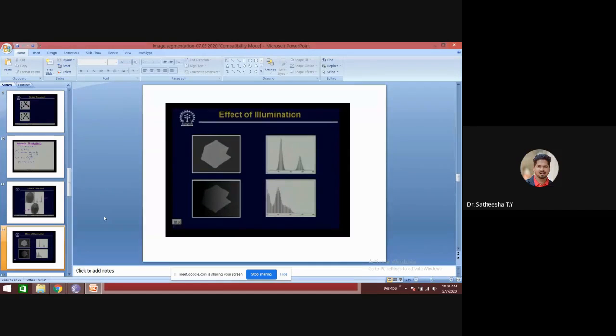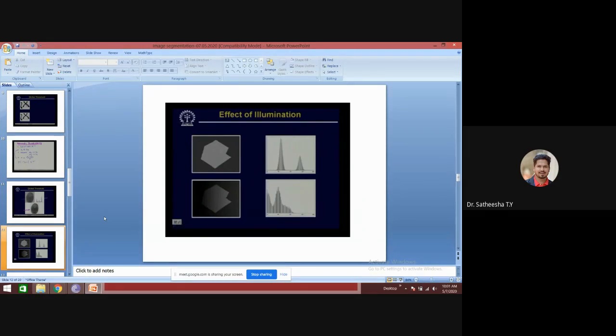Let us take one particular example. On the top, we have an image, and you can easily find out what this image is. I plot the histogram, and the histogram will be as shown on the right hand side. This histogram is a bimodal histogram, and the two modes are separated by a deep valley.